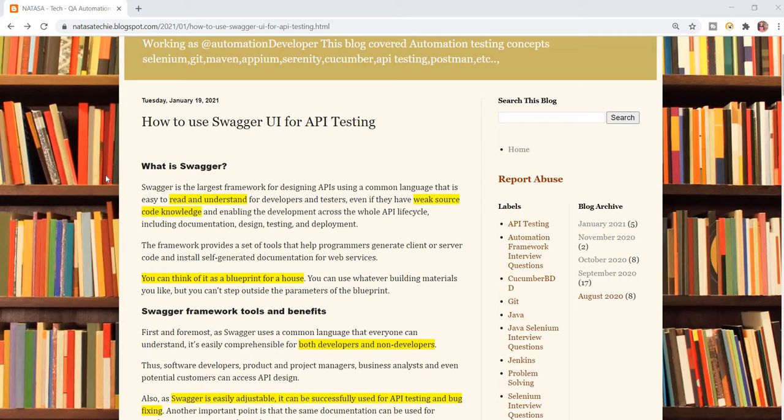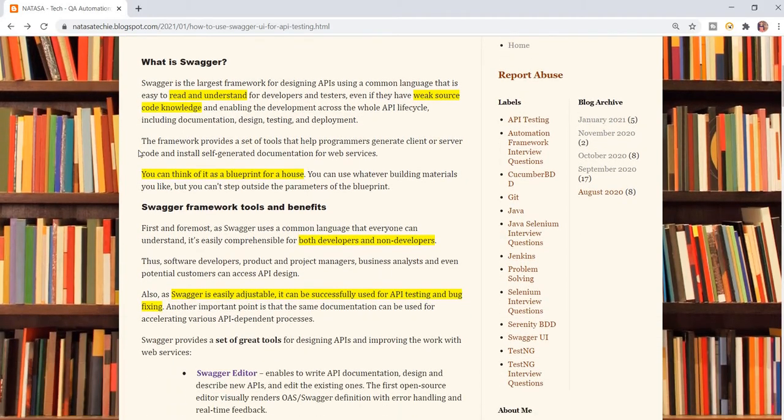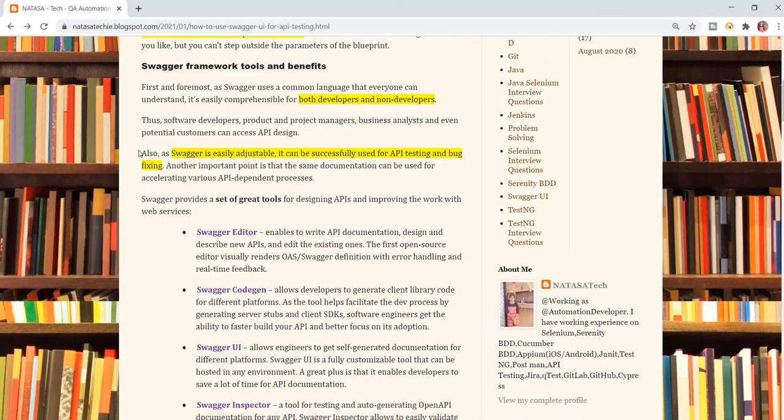Okay. Next is the Swagger framework tools and benefits. As I told you before, it is easy to read, understand and user friendly. In the same way, Swagger provides a set of great tools and features, which is Swagger Editor. What is Swagger Editor?